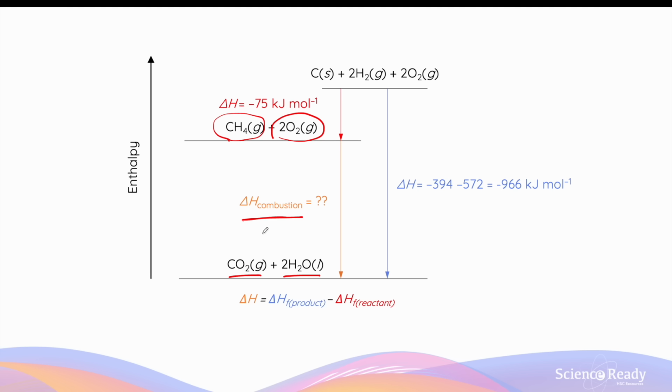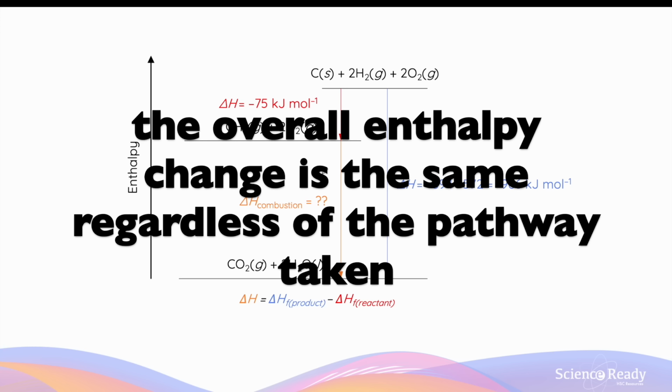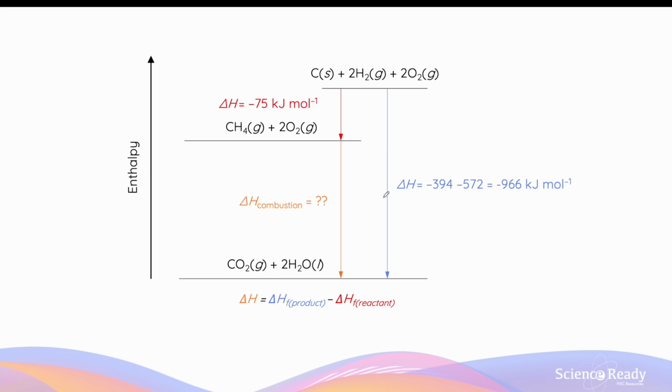The combustion reaction and its enthalpy change is represented by the orange arrow and section of this diagram. This brings me to Hess's law and how it relates to the heat of combustion. Recall that Hess's law states the enthalpy change of a reaction is independent of the pathway taken, so whether it's a direct pathway or an indirect pathway composed of multiple stepwise reactions will be exactly the same as long as